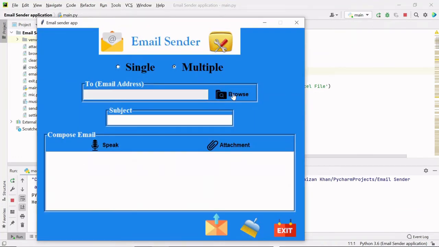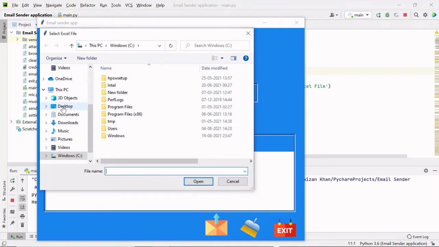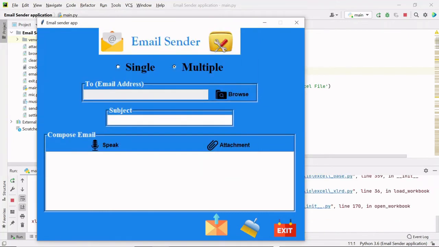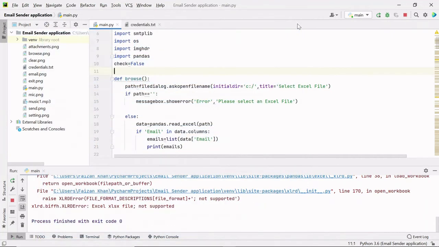Let's browse that file again. So the xlrd which we installed does not support the xlsx file.